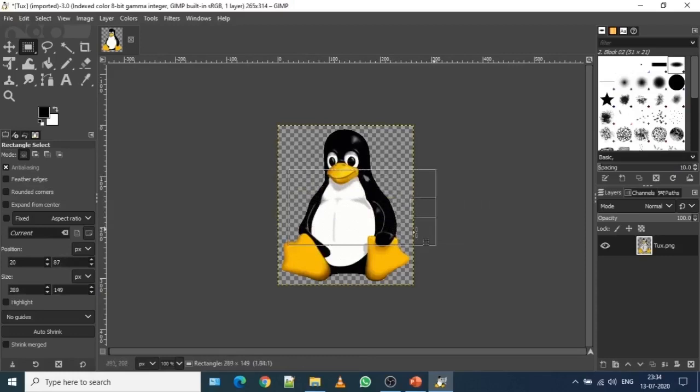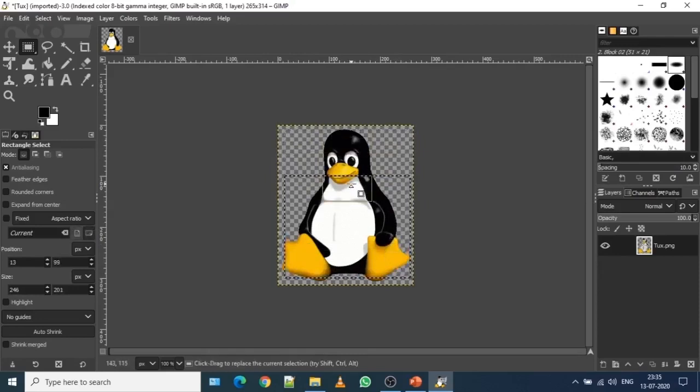But if you click on the center part of the rectangular box, you can select a specific portion to move the area of this tool. So every corner of the rectangular tool allows you to increase or decrease the size of your selection. Alright, now what is the next tool?